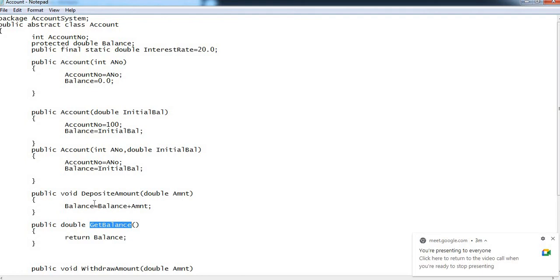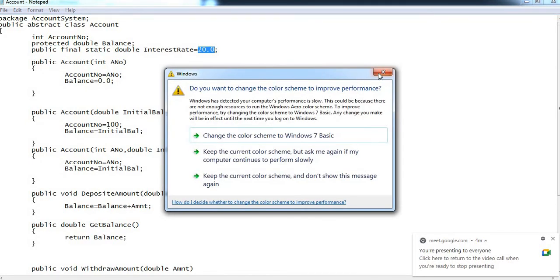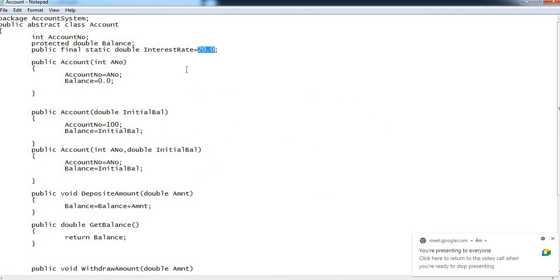Whenever there is a revision of the interest rates from the RBI, this is the only place where we want to update that interest rate based on the new revision. We do not want any other places to update this variable, hence we have defined this variable as final. So a final variable cannot be modified.